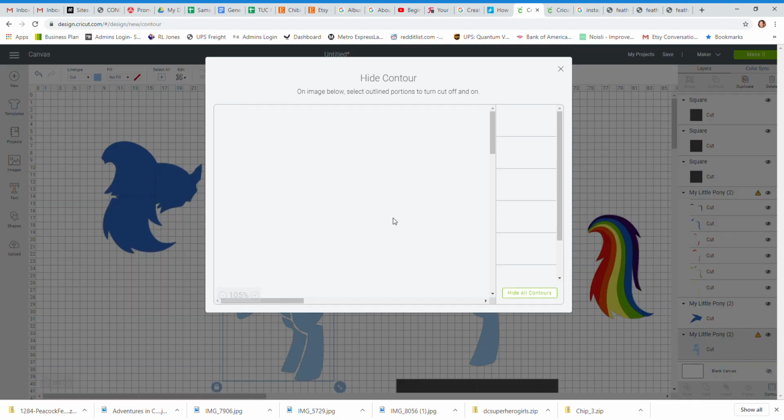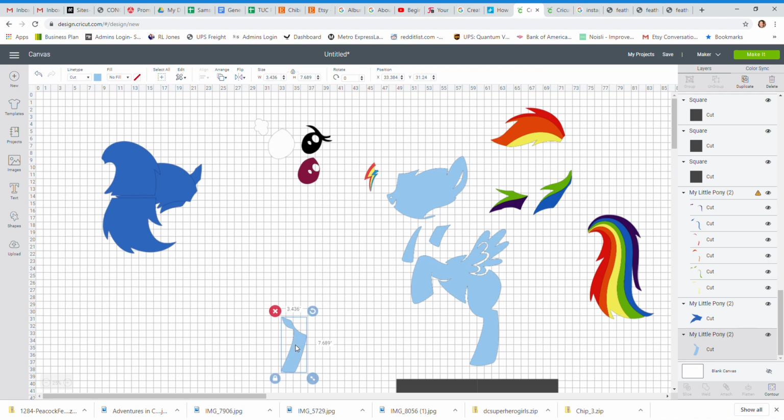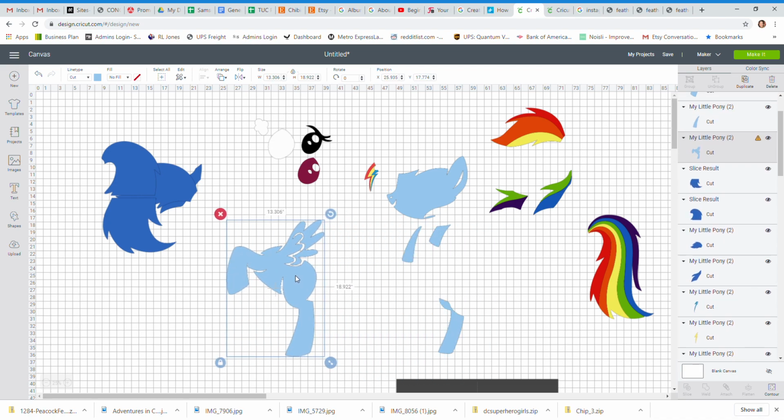So let's contour. Let's hide all contours, but let's scroll down. Where is it? There it is. It's this leg right here. Let's gray this one out. Oops, wrong one. Sorry. There we go. All right, there's my little leg. Okay, so this piece, we need to